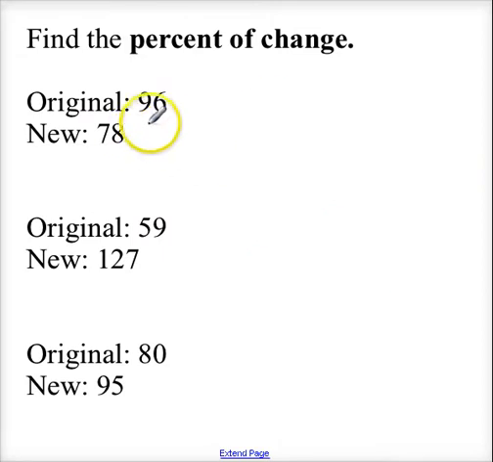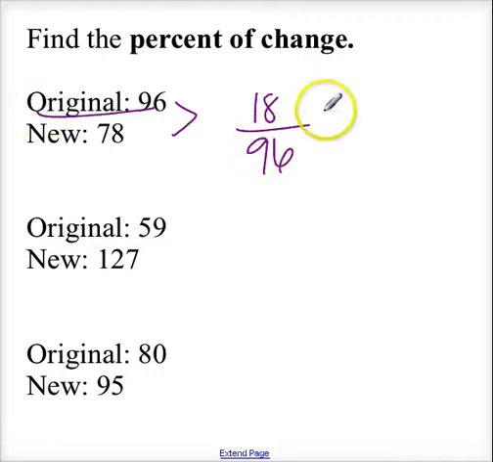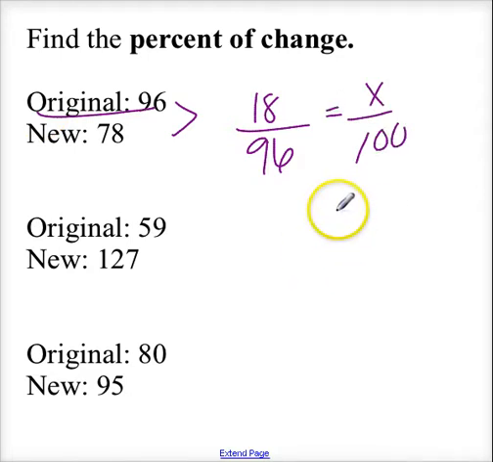So I'll just do one more example. Original price is 96, the new price is 78. My formula is change over original, so I need to find out how much this changed. I'm going to do 96 minus 78. I get 18. Put that over my original price. Set that equal to x over 100. I'm solving for percent. 1800 divided by 96 is